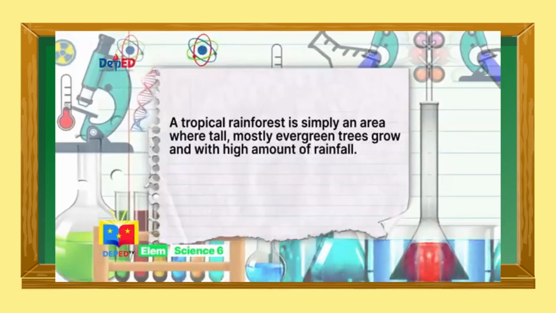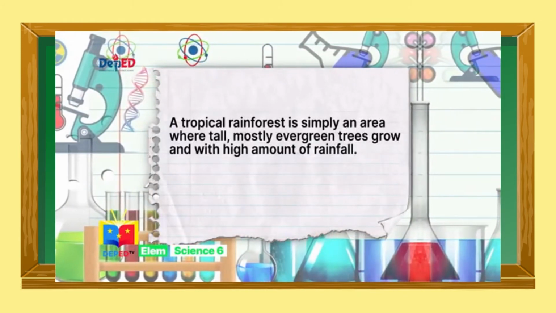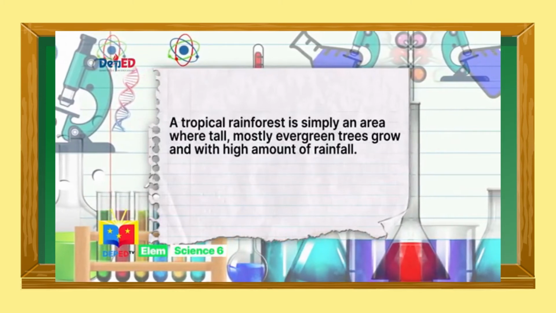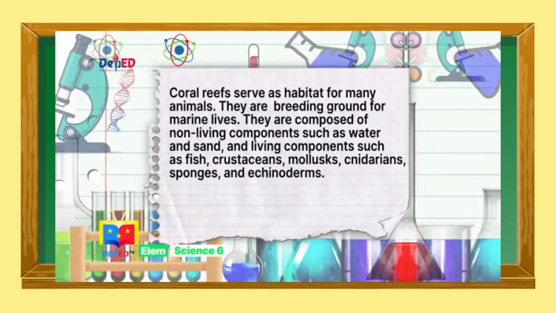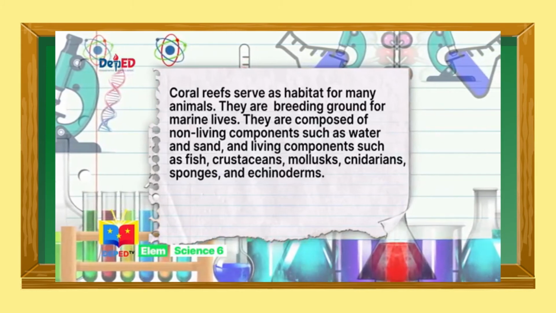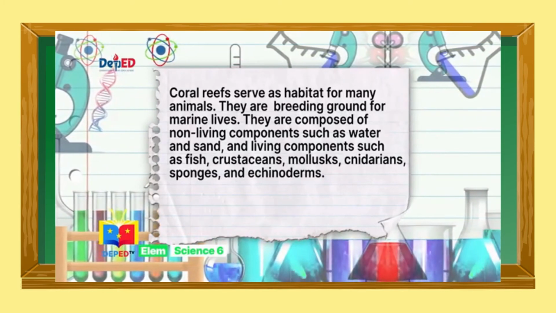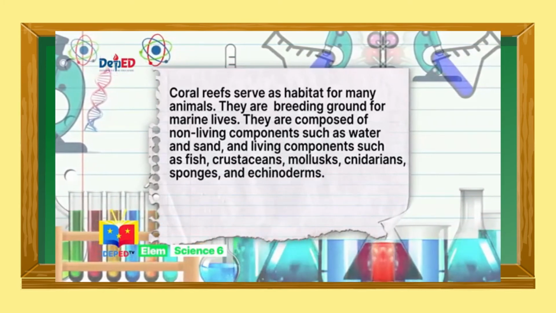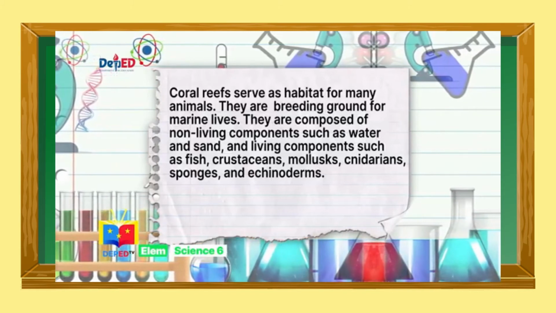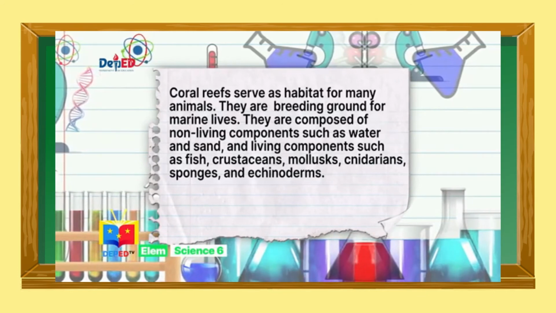A tropical rainforest is simply an area where tall, mostly evergreen trees grow and with high amount of rainfall. Coral reefs serve as habitat for many animals. They are breeding ground for marine lives. They are composed of non-living components such as water and sand, and living components such as fish, crustaceans, mollusks, cnidarians,